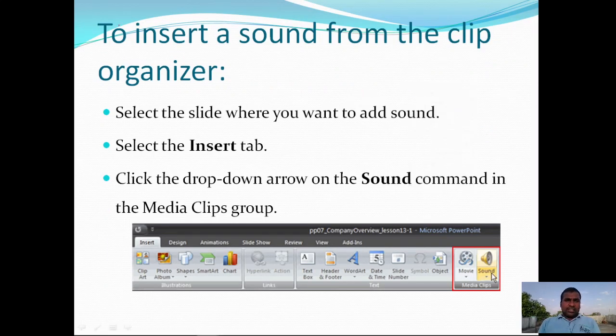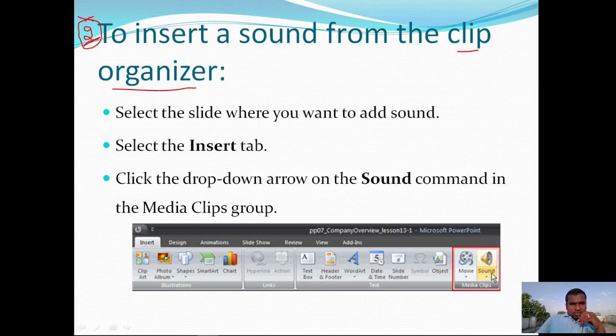Now it's time to discuss how to insert a sound file into the PowerPoint presentation. We are going to discuss the second way of inserting a sound file into the slides, using the clip organizer. We are trying to insert a sound file from the clip organizer.